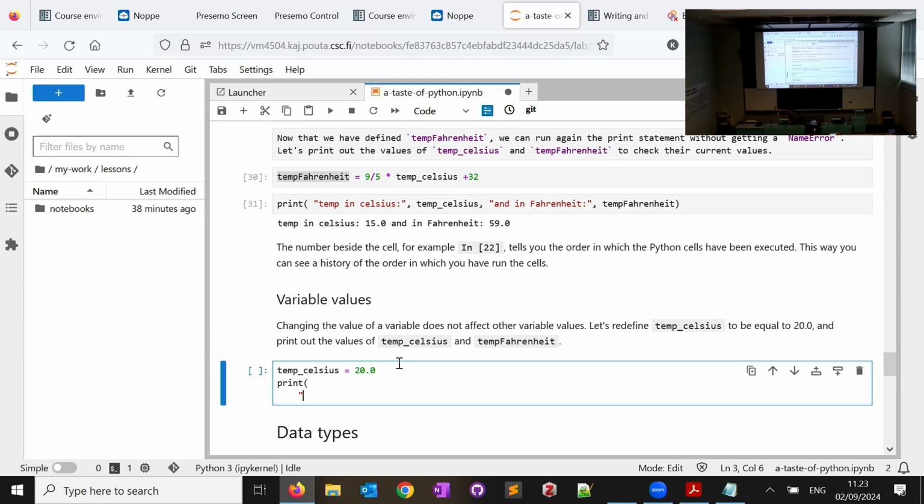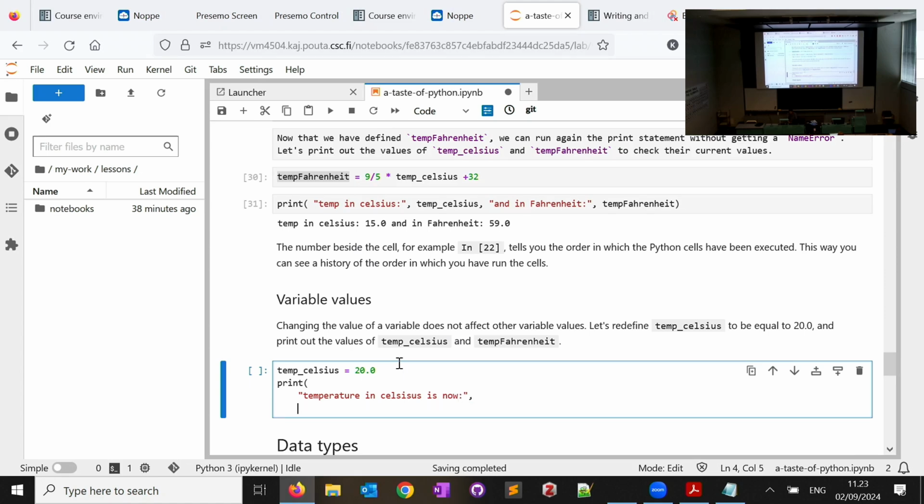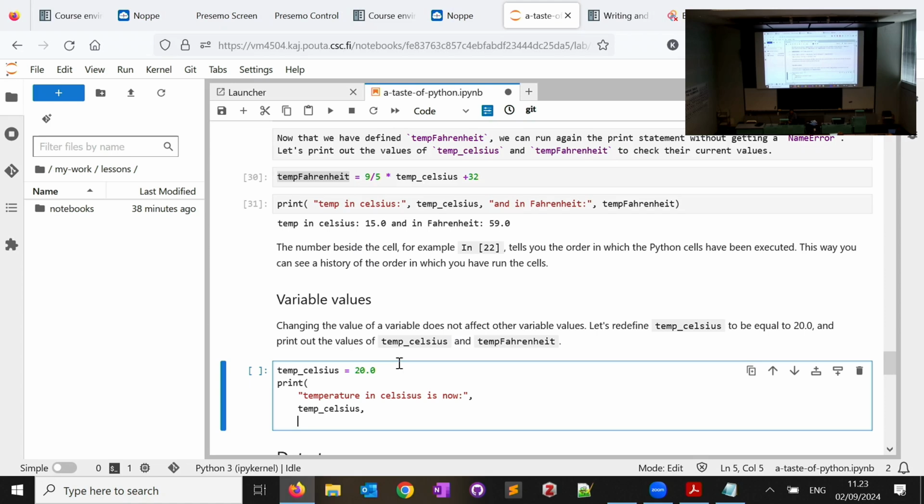So print, I'm going to write temperature in Celsius is now. Then I put the name of the variable. The temperature in Celsius is temp Celsius. It should be now 20 because that's the value I assigned. And temperature in Fahrenheit is still